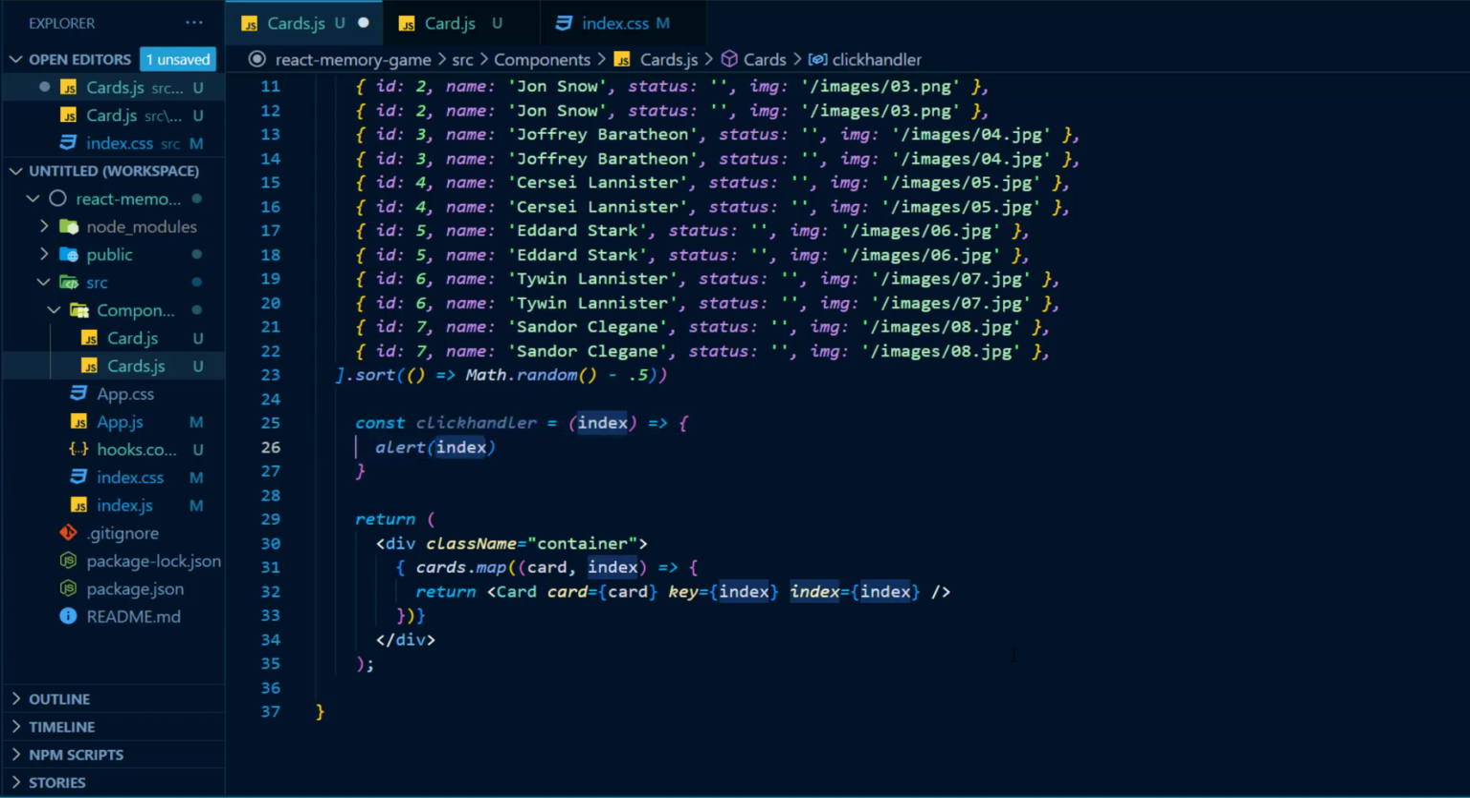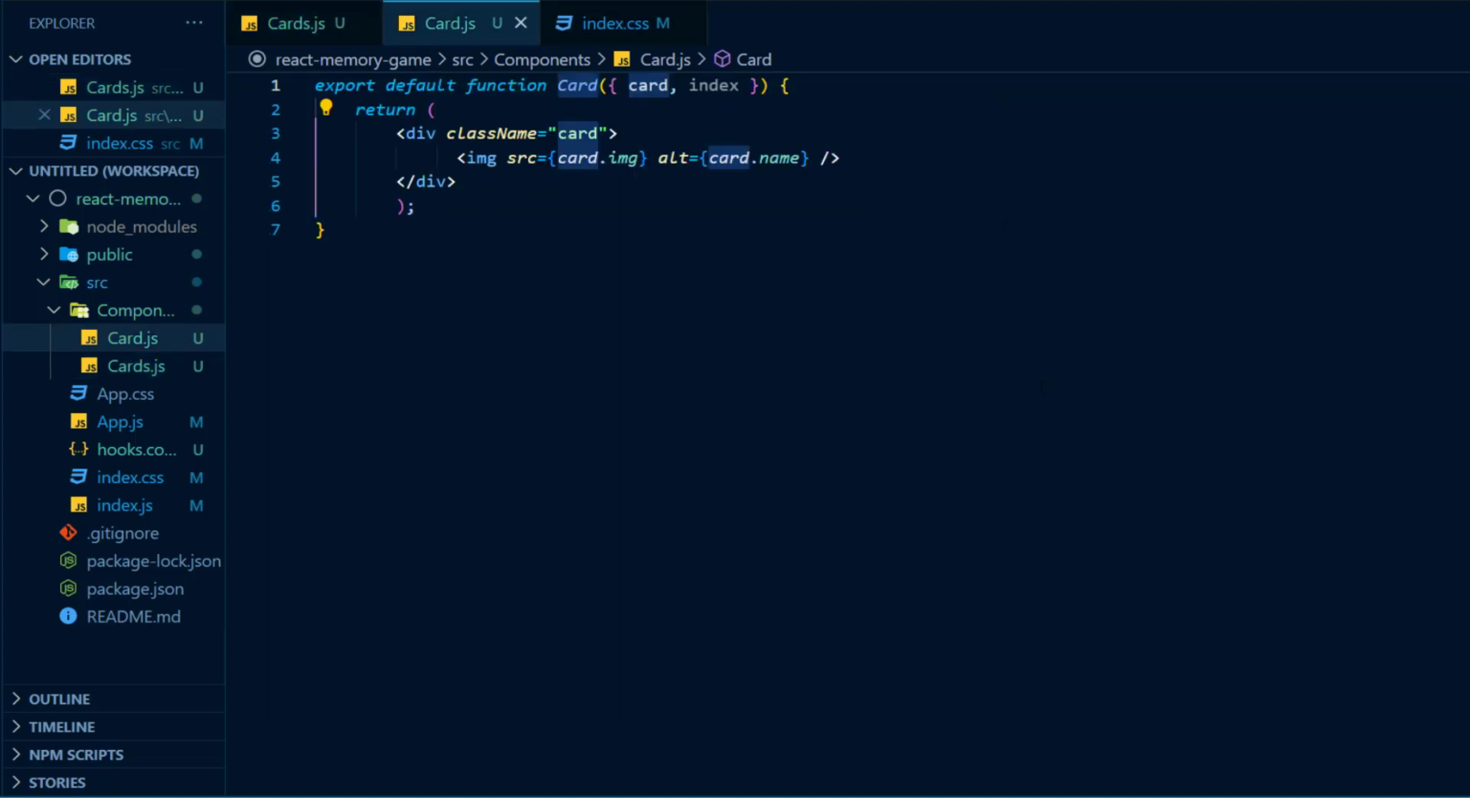Next, I'm going to pass down this function as a prop to the card component. So I'm going to create the clickHandler prop and pass down the function. Once that's done, inside of the card component, I'm going to receive the clickHandler function as a prop and provide to the card an onClick event, and this event will take in a function which is the clickHandler, and I'll provide to it the index. So this clickHandler function will run and the index will be passed to the clickHandler, which is located inside of